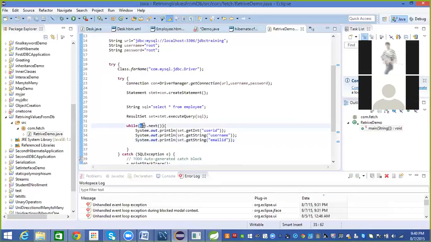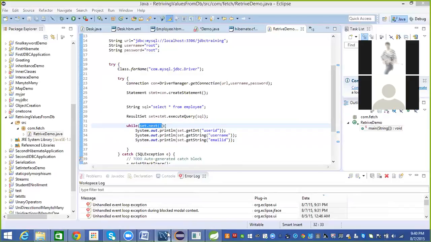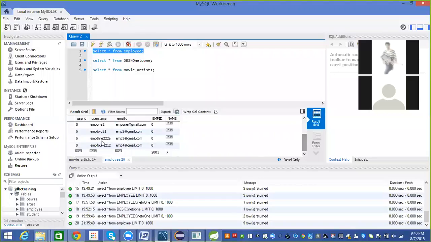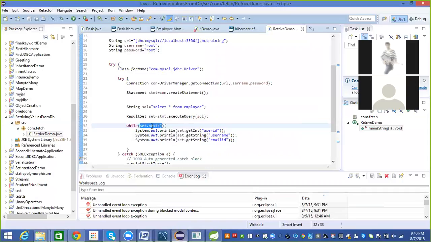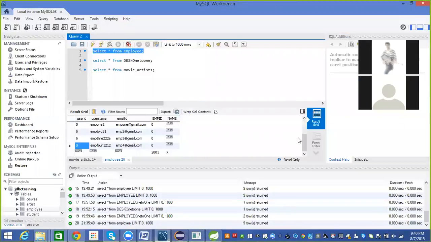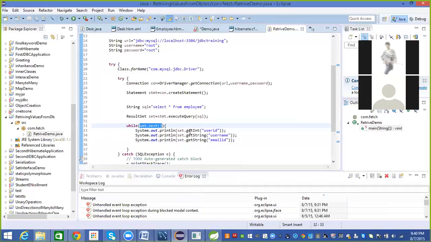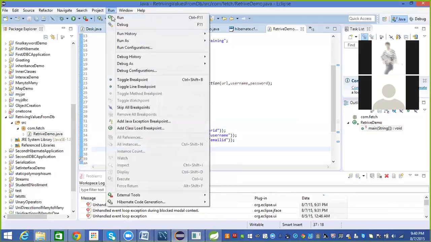Before I run, I want to say that set.next, the first time it is executing, if it consists of records, for example, it is having almost 10 records. First time, set.next is going to hold the first record, first record in the sense, the first row in the table. Now set.next is going to point to the first record. Then from the first row, you are fetching other details like user ID, username, and email ID. When I run this program,